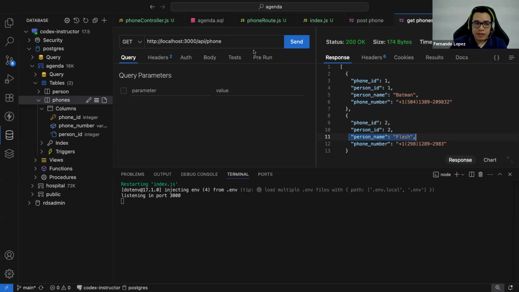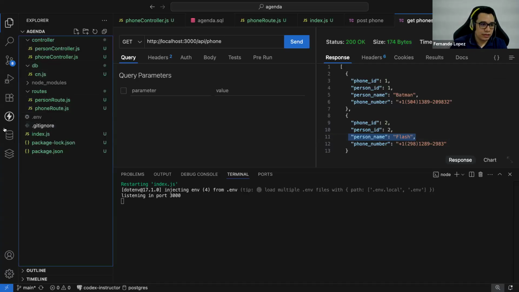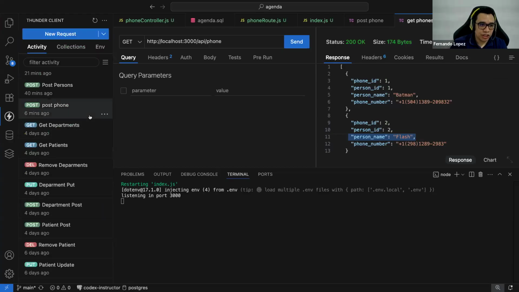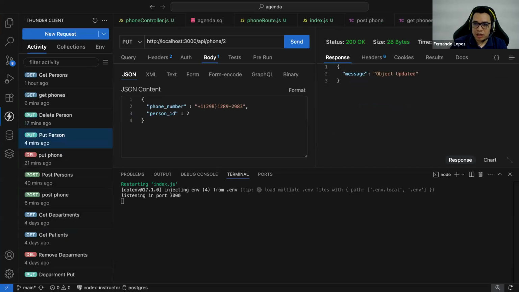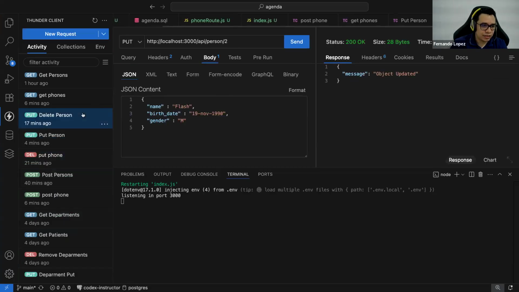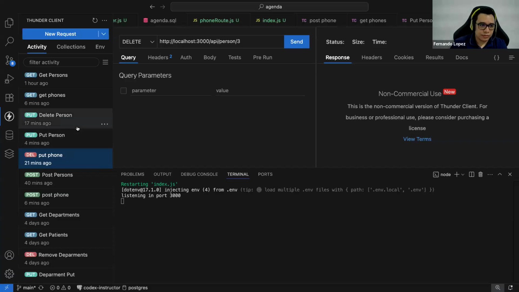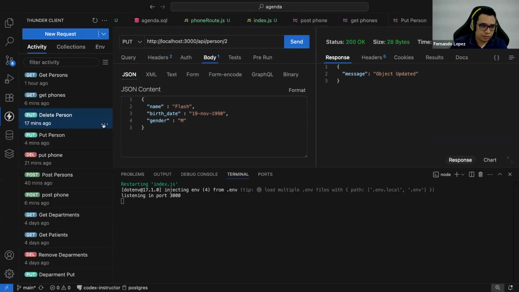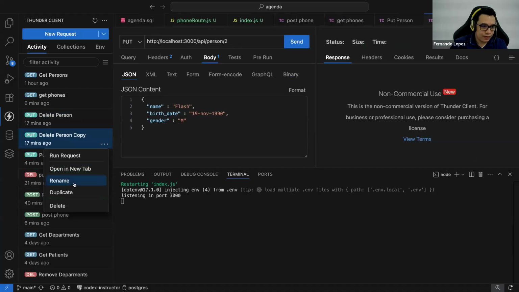Now, let's try with the last method. The last method is the deletion. So let me create a new one because I don't want to, well, I can remove it. So it will be in this case, delete person. Let me rename this one. Let me duplicate this one and rename it.